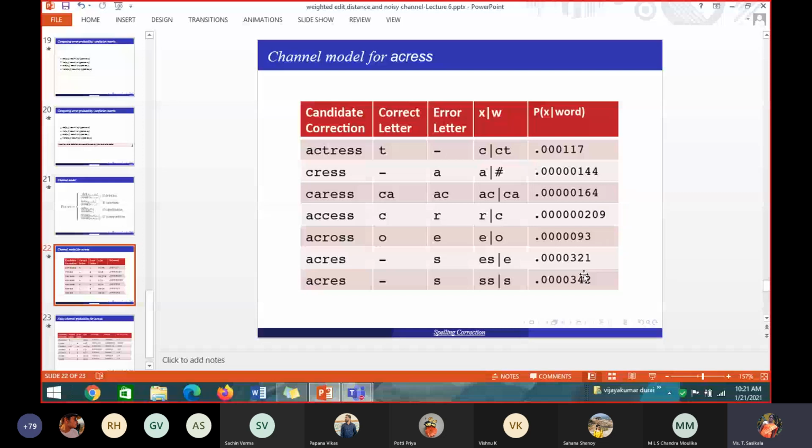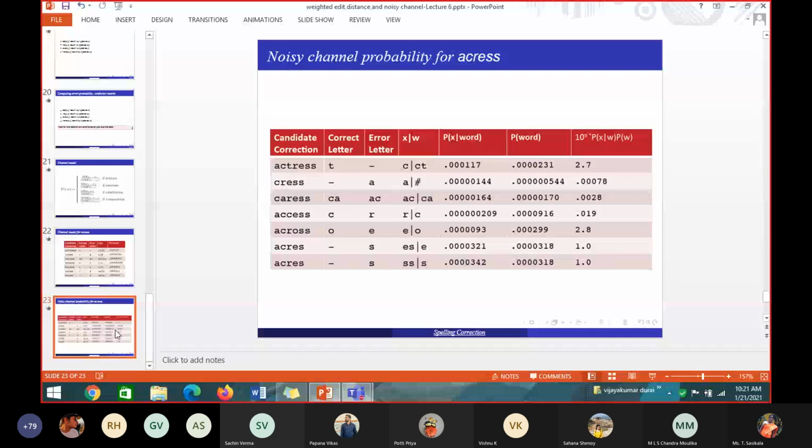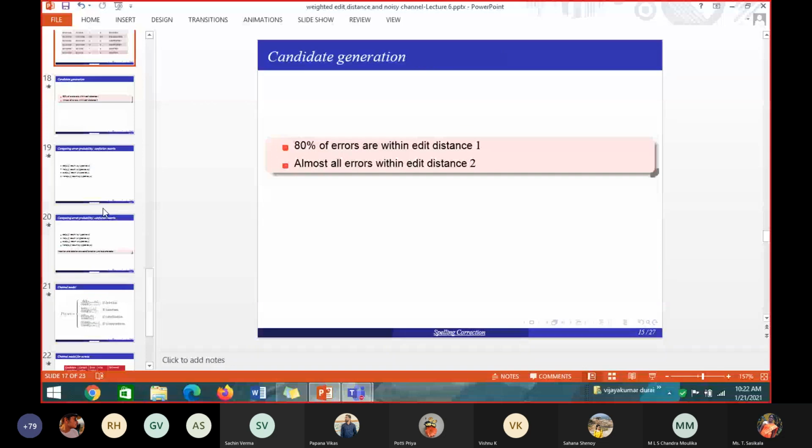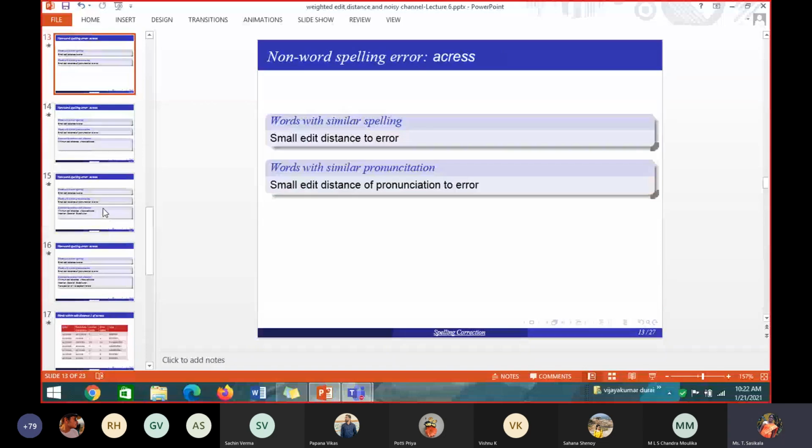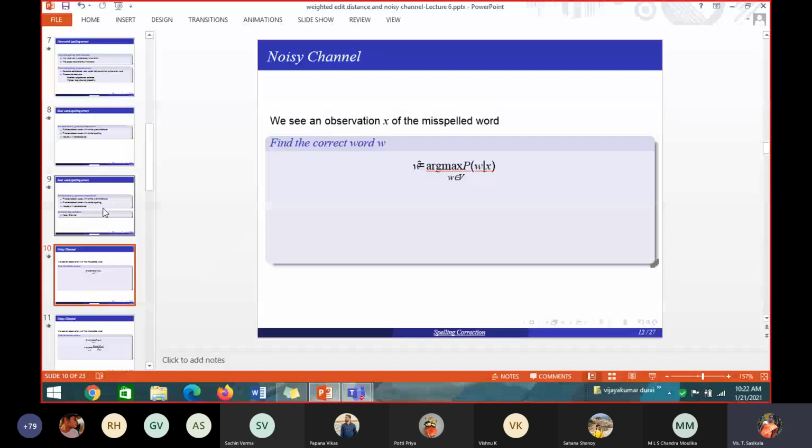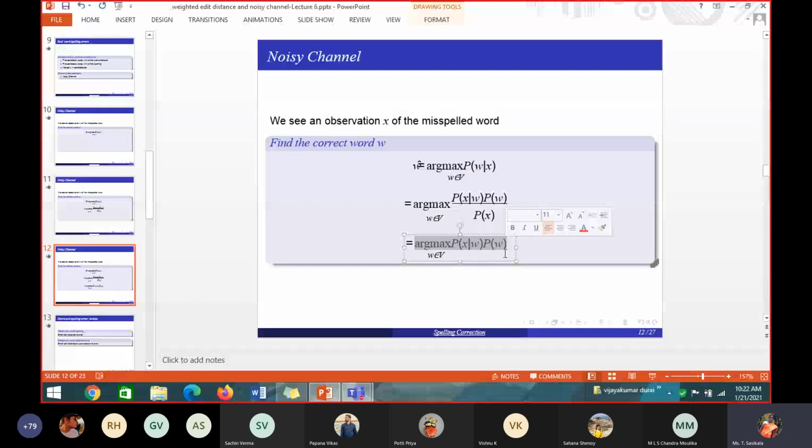Okay, then what is one more thing I have to find now? P of X given W I have found out. What is one more probability I have to find? What does the formula say? P of X given W into P of... This formula says, students, I told you to make a note, right? At least see this formula and tell me: the probability of the correct word. These two I have to multiply.